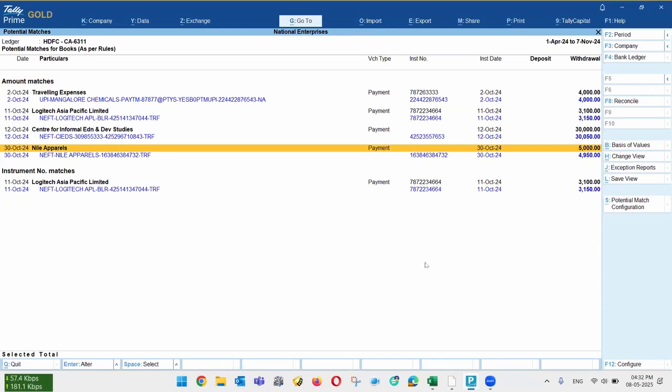So with the potential match, we can at least have an idea that these are the suggestive matches. Whether I should go with this match or not, whether the user should go with this mapping or not, that decision resides with the user. But we are giving you a helping tool